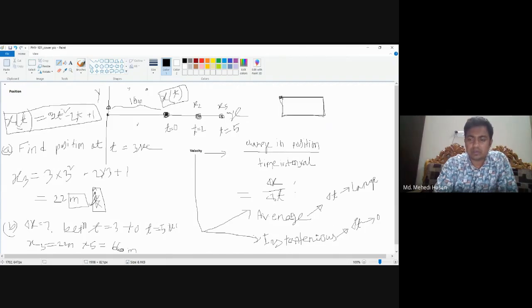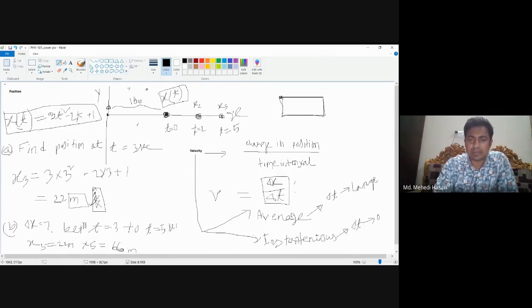Basically, there is no time interval in case of instantaneous velocity, and there will be a single time only, say at t equal to 10 second, t equal to 5 second. Okay, so this is the basic difference between average and instantaneous velocity. And the formula to calculate the average velocity and instantaneous velocity is, so this del x by del t